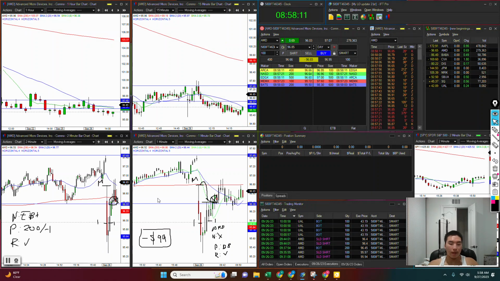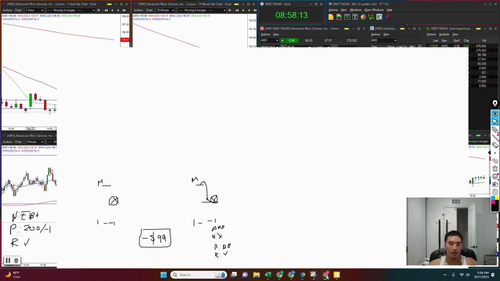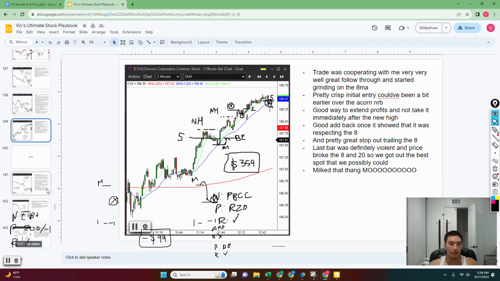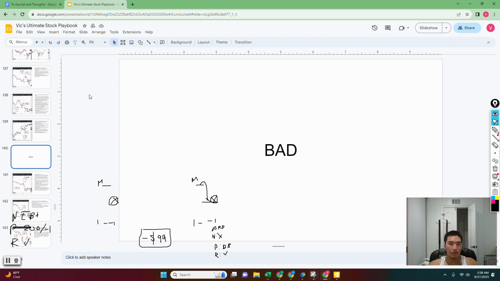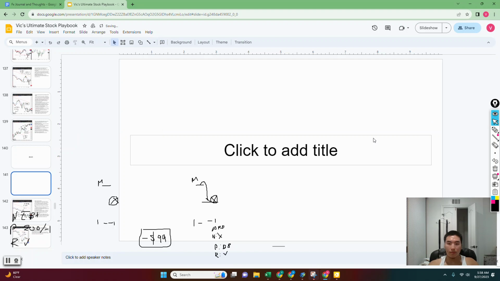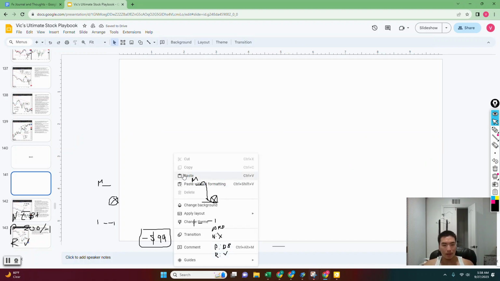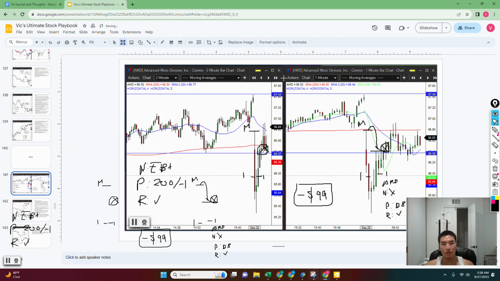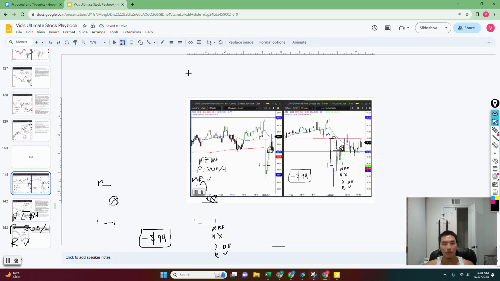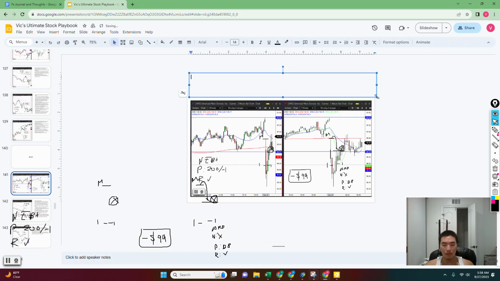But the add is where this trade became bad. This thing is gonna go under this because it was no good. Initial entry was fine,